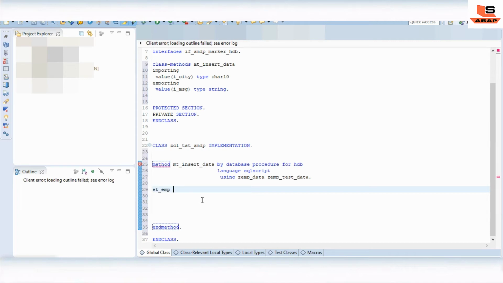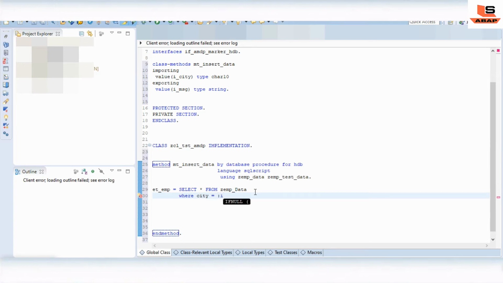Let's suppose lt_data equals SELECT * FROM emp data, this is the data table we are going to access, WHERE city equals our importing parameter, iv_city.